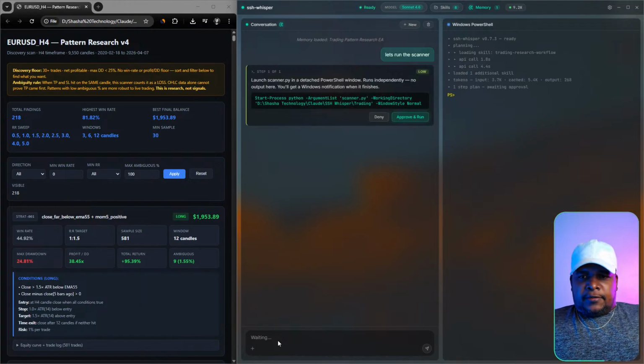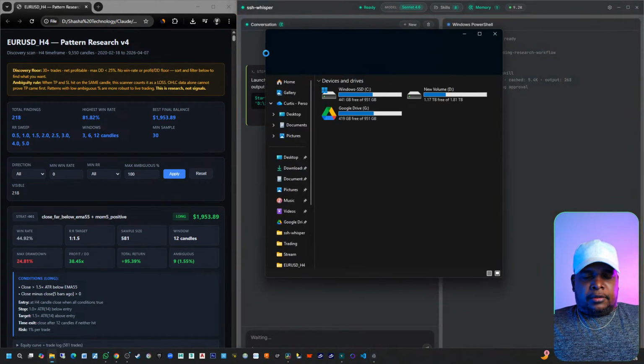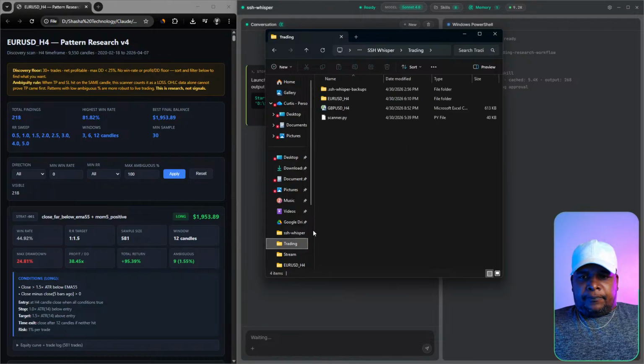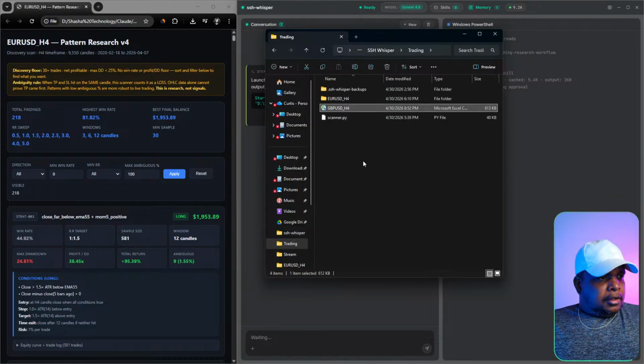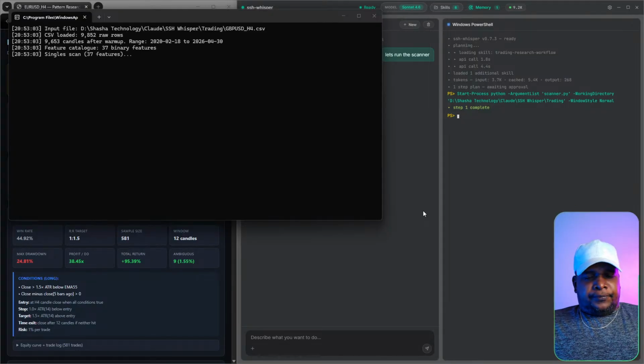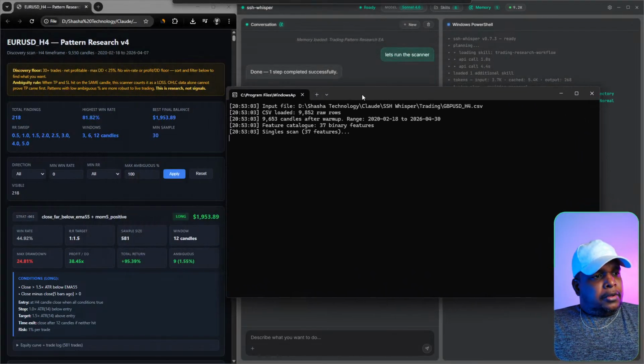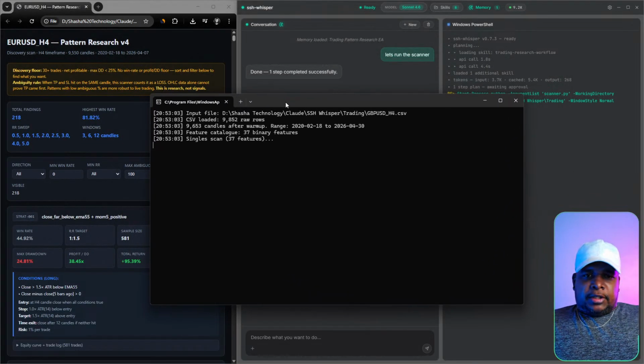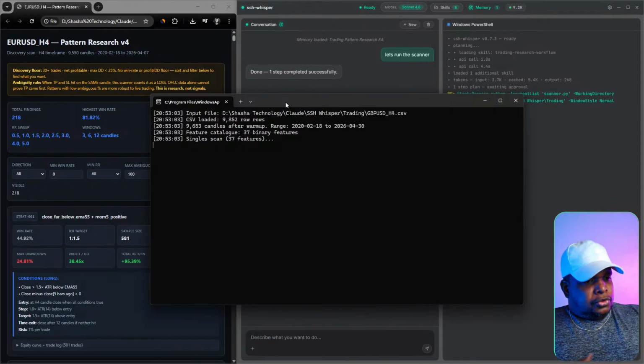This should run the scanner on this folder right here, and it will automatically pull the pound dollar. Once it does, it will start the scan. So we pull up this PowerShell here, and it is going to run through and do